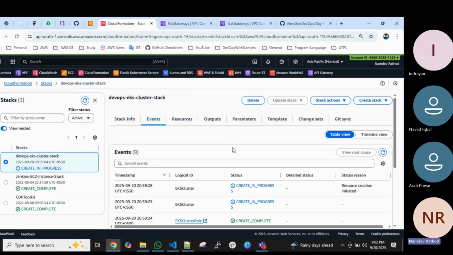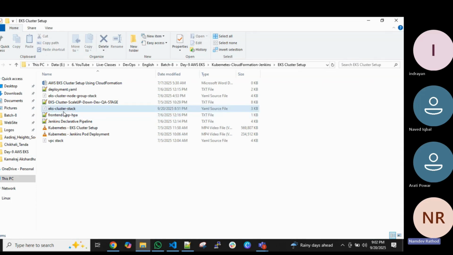node group. So meantime, what I can do is I can show you the node group. Okay, because once we are done with the cluster, we need to create the node, where our pod will actually deploy. So the pod configuration, node configuration file is here, stack file. EKS node group stack. Okay,